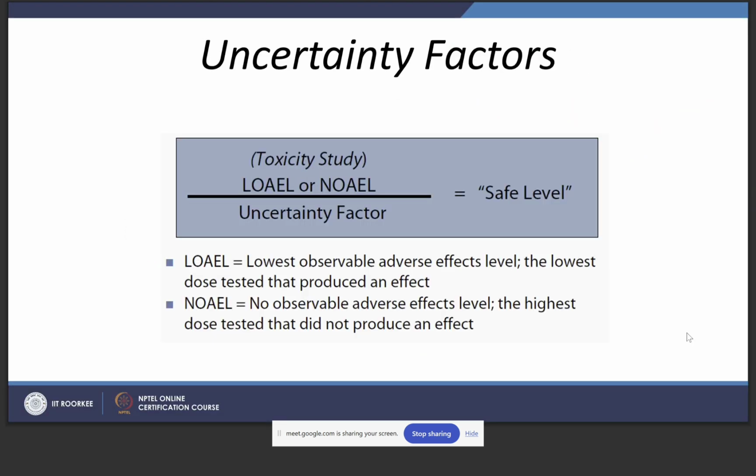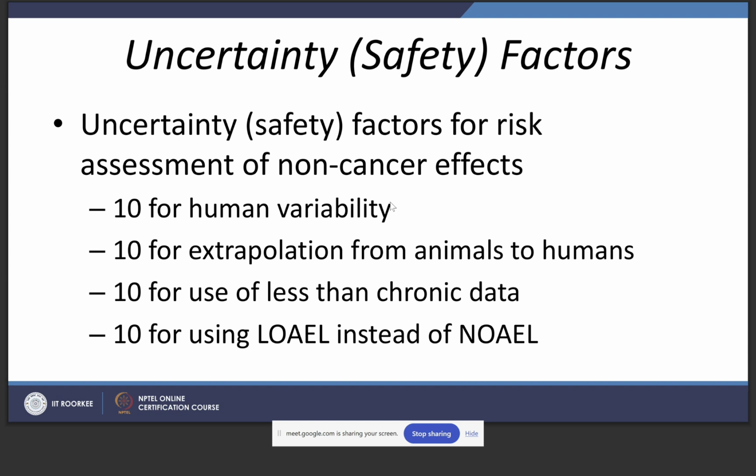So again, there are some uncertainty factors for the safe level which we take, and the safe level is given as LOAEL or NOAEL divided by the uncertainty factor. Since we are doing the trials on animals, we have to take a lot of safety factors into account. So 10 is taken for human variability, because there are different types of people, some have high body weight, some have low body weight, some are very reactive to something and others are not, and 10 is taken for extrapolation of data from animals to humans